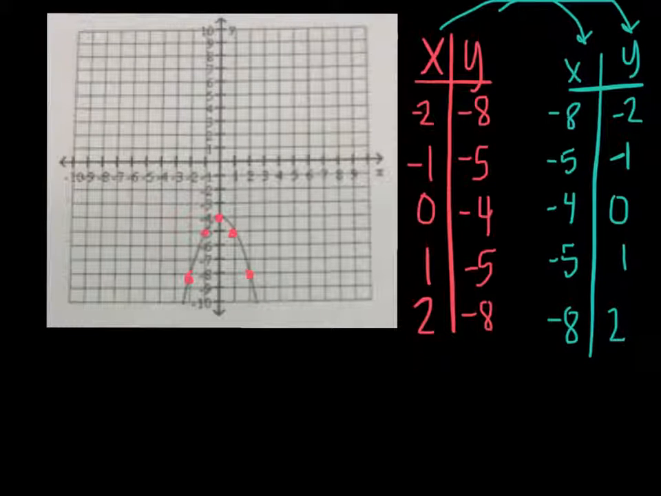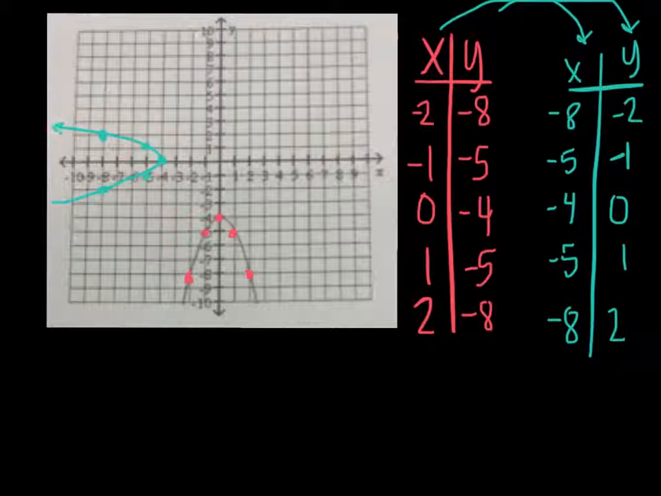So (-8, -2) is here. (-5, -1), (-4, 0), (-5, +1), and (-8, +2). So this function,